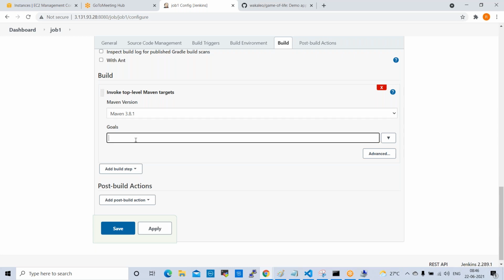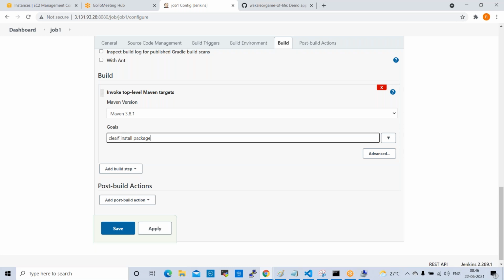Goals. These goals are important. When we work on Maven, I'll explain the goals. For example, here I put the goals: clean, install, package. So I enter three goals here.